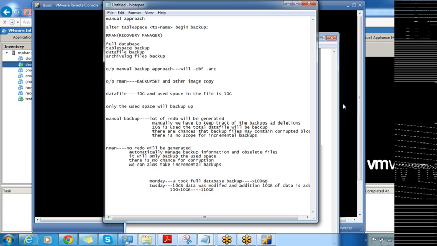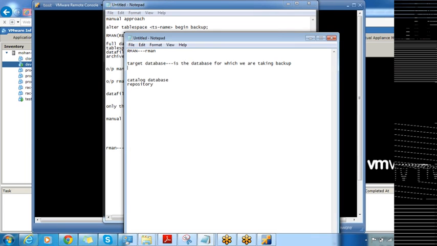By default, backup information will be stored in the control file, and it will be retained in the control file